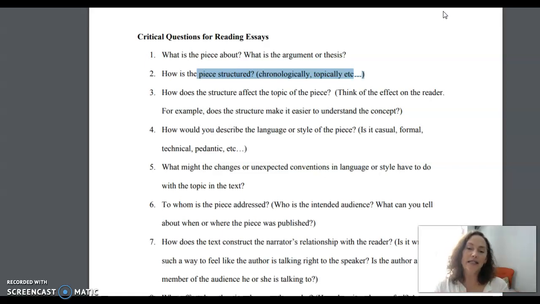So I wanted you guys to think about the structure of this author's piece, because you can do that too. You can go by the appeals in organizing your essay, but that's not the only way to do it. You've got to think about, what is this author giving me? What do I have the most to say about?